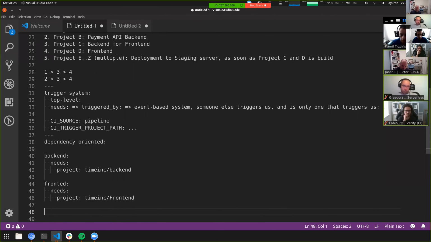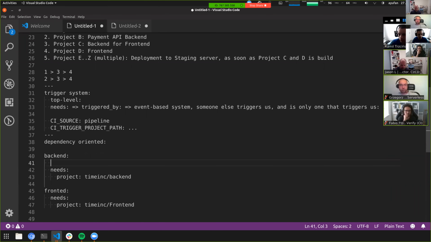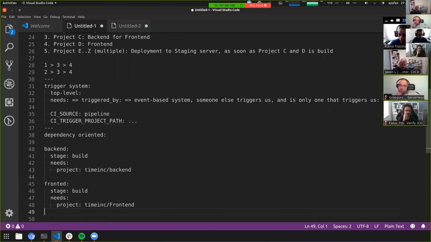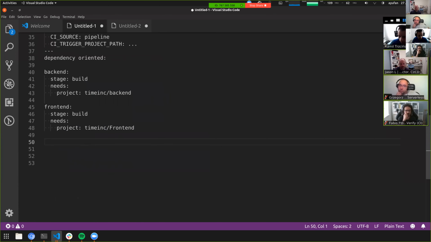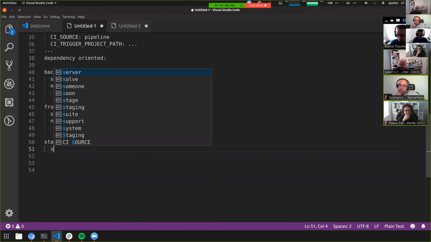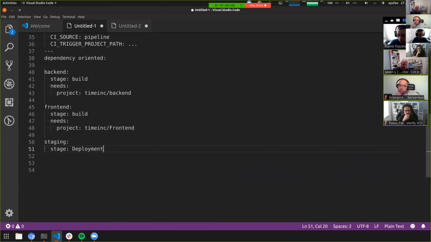And then let's say that this is stage B, because this is actually something that is given to us. And we have another job that is performing deployment to staging. Deploy, and this is actually executing some scripts.